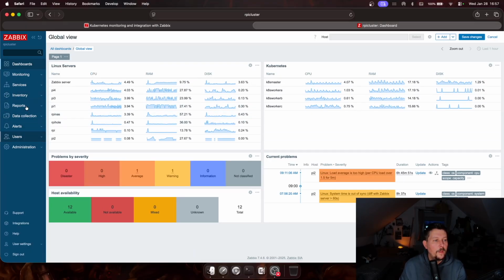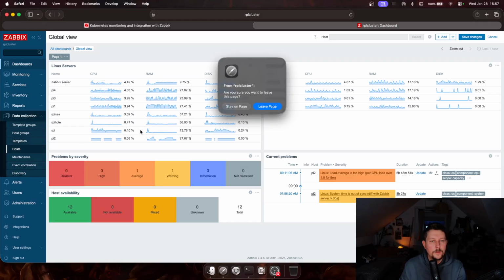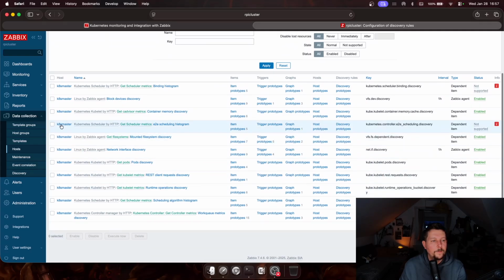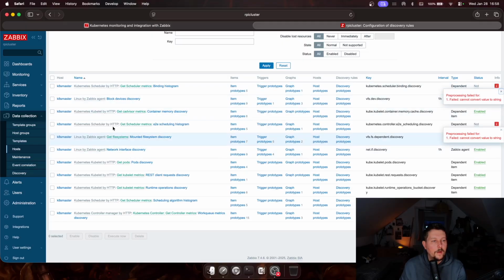So now in the hosts, data collection hosts, yes, leave page, please. We can see that this is already there. And under the discovery, we have the E2E scheduling diagram. It's not supported. Failed, cannot convert value to string. But there are scheduler based items